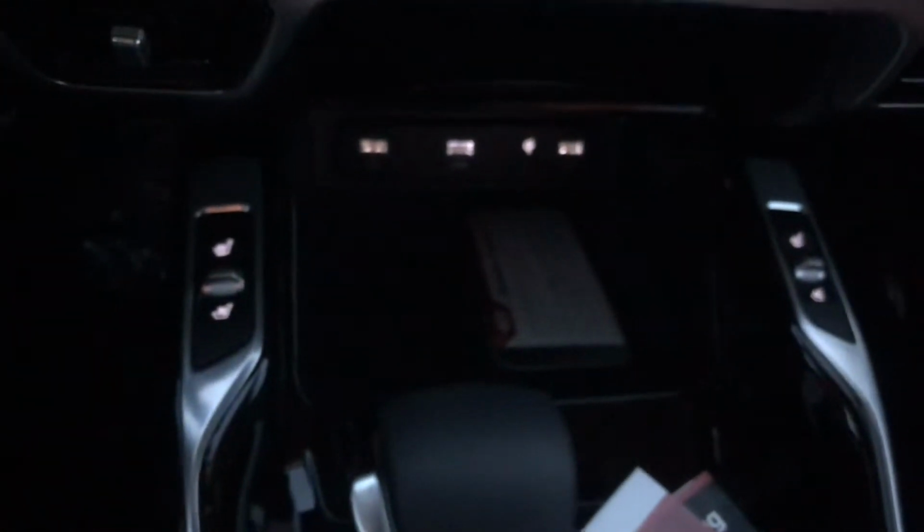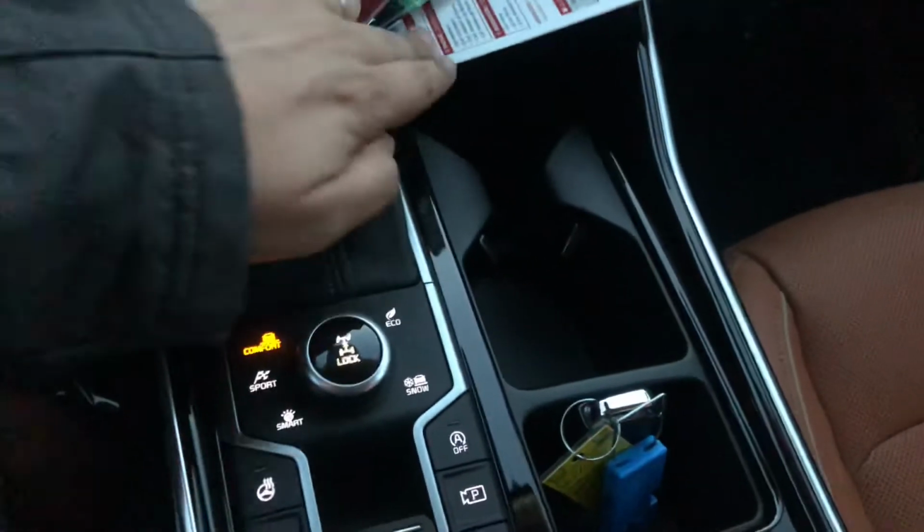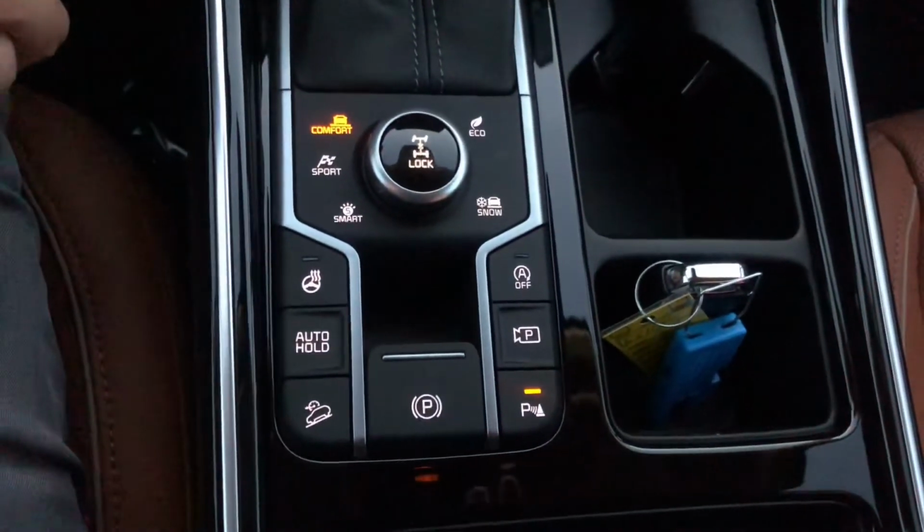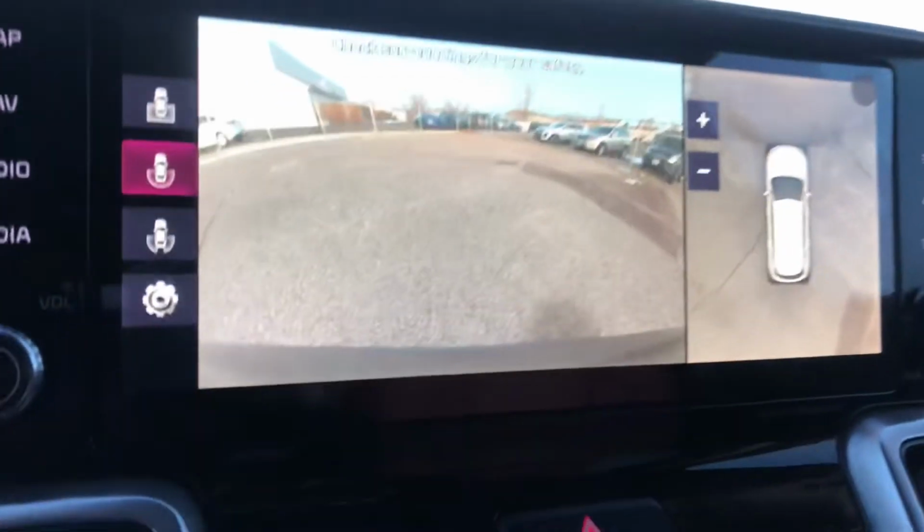Here in the center cubby, you have your heated seats, you have your air conditioned seats, you have your wireless phone charger, you have your USB ports right there. You have three of them. Kind of down here, just like Telluride, you have your gear shift column, which also shows you your different drive modes, your 360-degree camera right there,